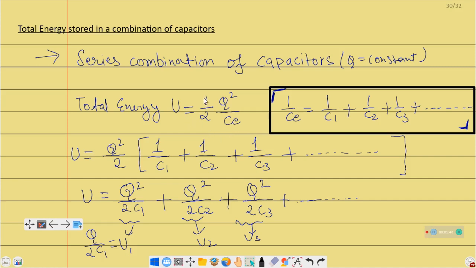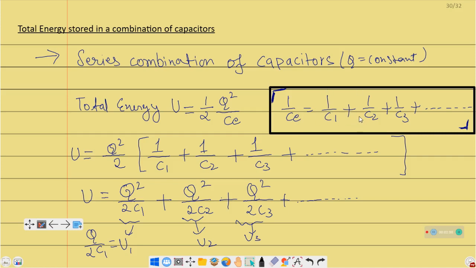So it will be equal to half Q square by equivalent capacitor,